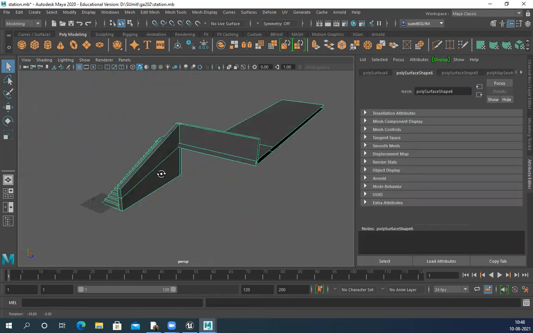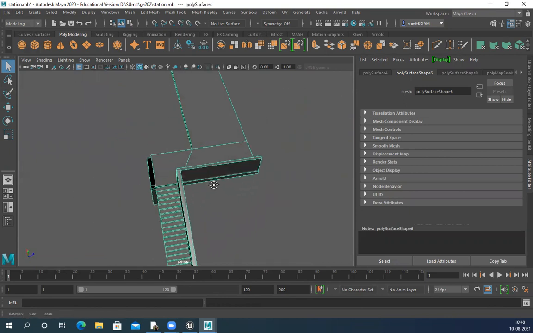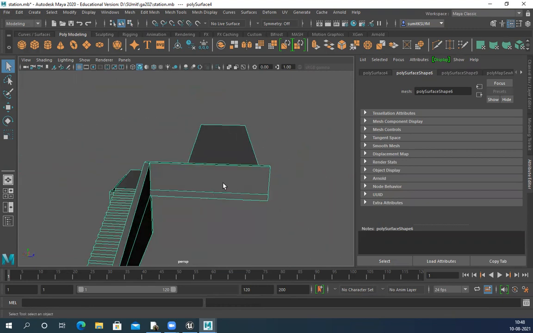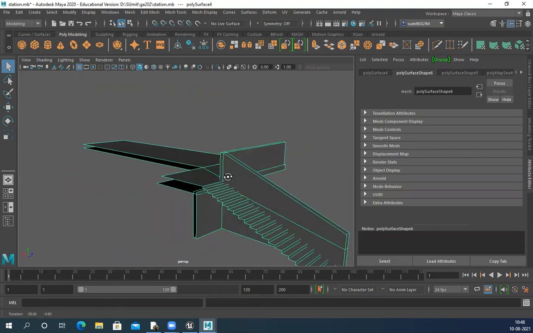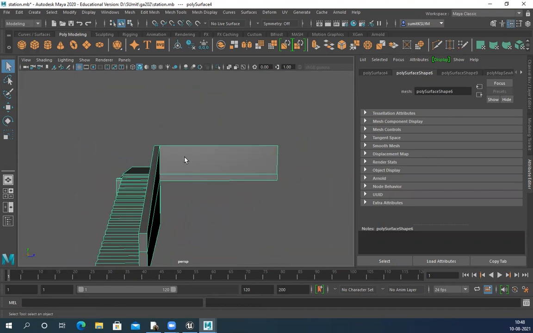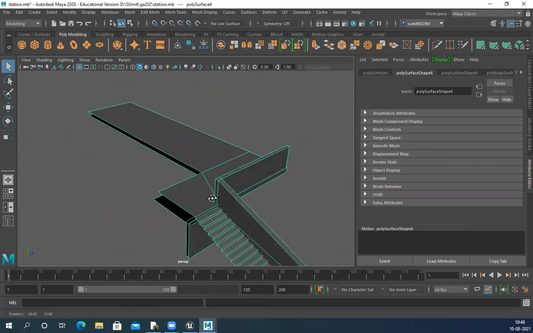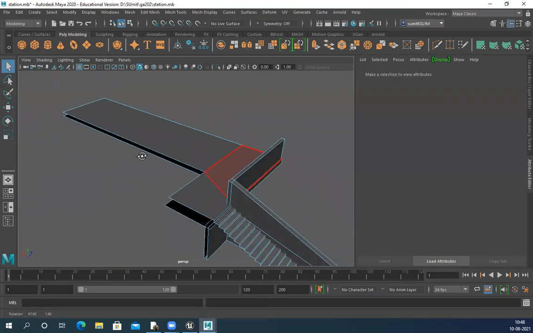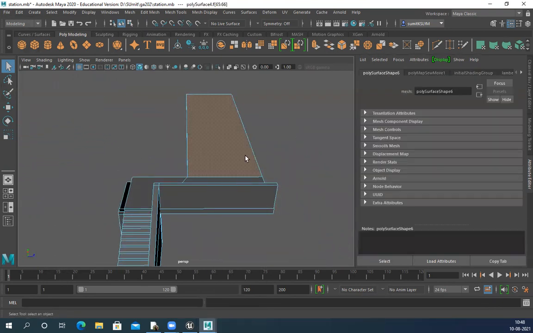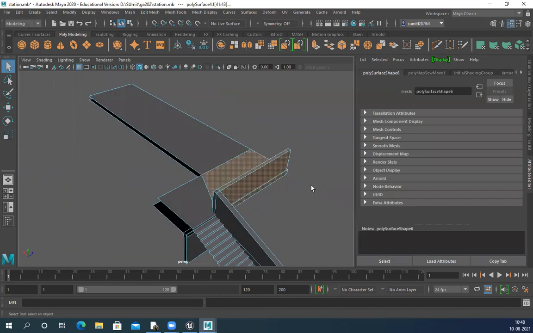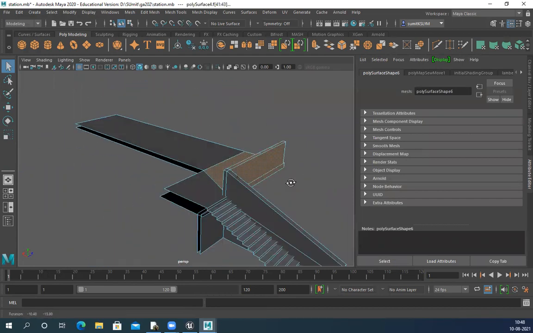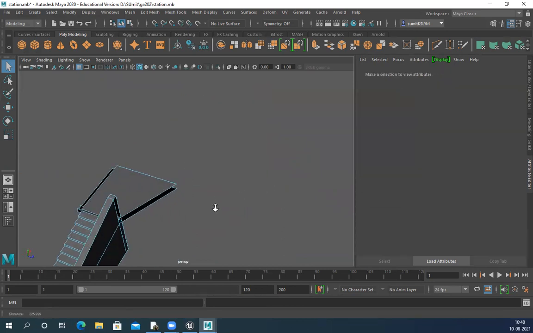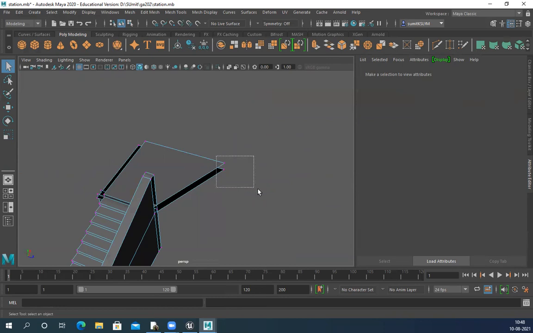This one also I want to modify. But this is supposed to go a little up, then only it will have enough room for the train to pass. So this section, delete this also.